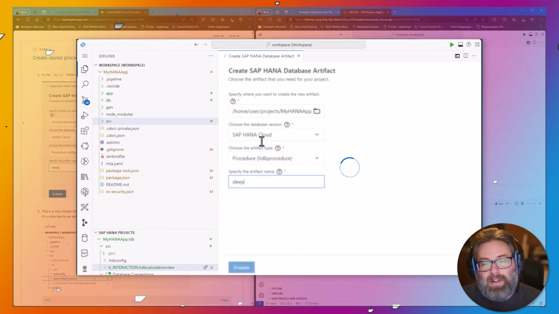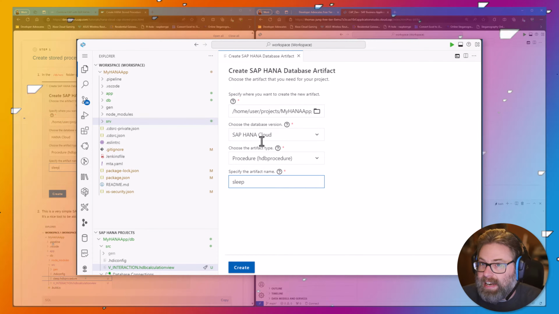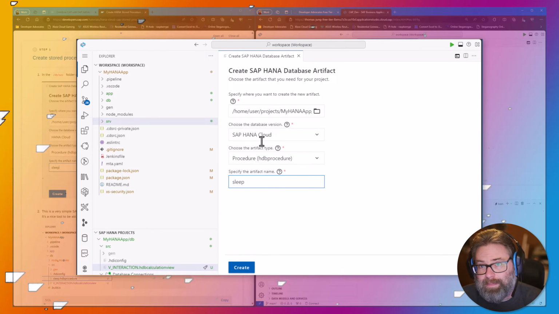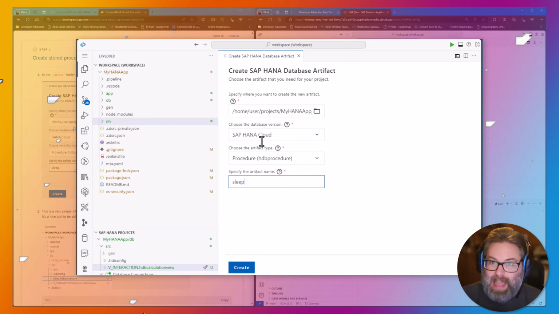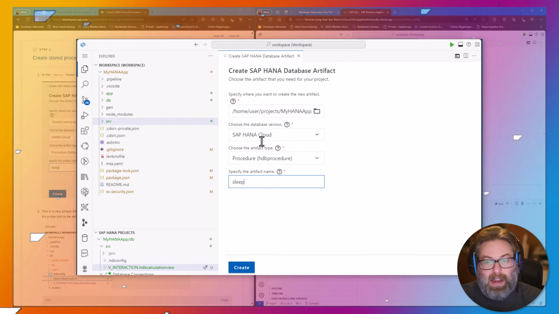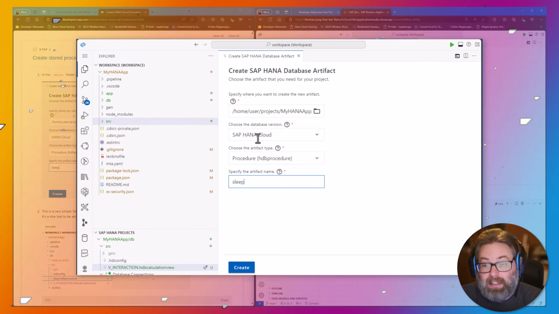Well, we're going to create a very simple stored procedure that's just going to put itself to sleep for a few seconds and then wake back up. Not the most impressive thing to do in the database, but it's going to allow us to clearly see that our stored procedure is working because it will take however long we tell it to sleep, that many seconds to complete. So it makes it really easy to test and verify that we are calling that stored procedure, because otherwise it would return instantly if we did something wrong. So we'll go ahead and create that stored procedure.